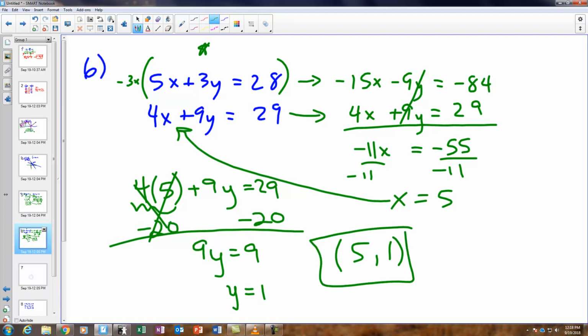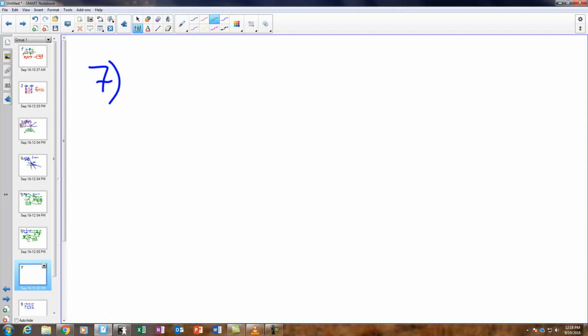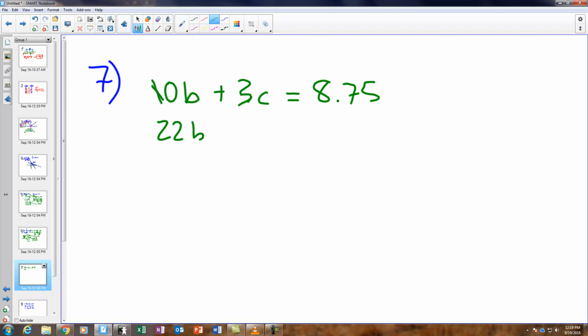Just a couple more. Number 7 is a word problem. A big piece of it is, can you take words and turn them into equations? In number 7, I talk about the math department. I said I sell 10 brownies, I'm going to use B for brownie, and 3 cupcakes, and I make $8.75. Mr. Henry sells 22 of these brownies and 15 cupcakes and makes